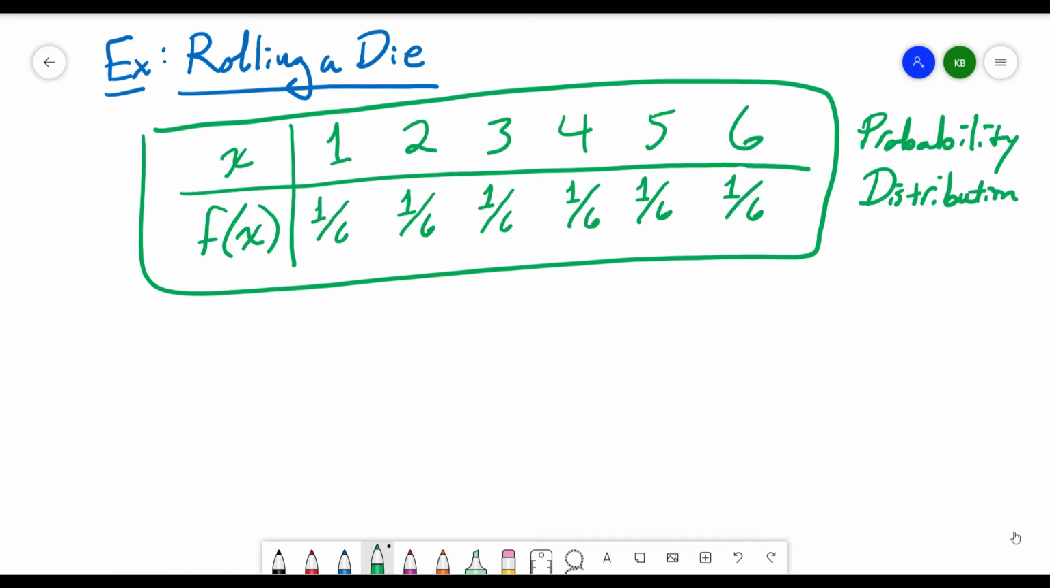And I could write it out as the ordered pairs (1, 1/6), (2, 1/6), (3, 1/6), (4, 1/6), (5, 1/6), and (6, 1/6). And that would be another way of representing my probability function. Now, if I want my cumulative distribution function,